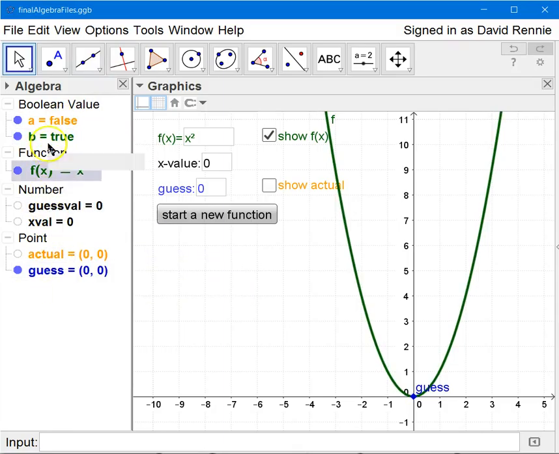In using this construction, the algebra window is going to be something that you will actually use during the creation to name all of your different components. And then some of these components will be visible over here. Others are going to be used as kind of backups to help generate the interactivity that we need for the